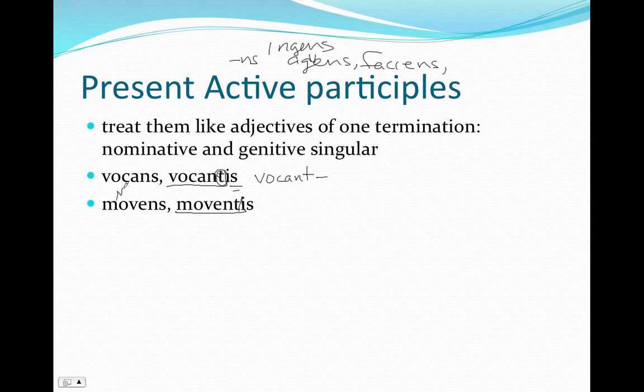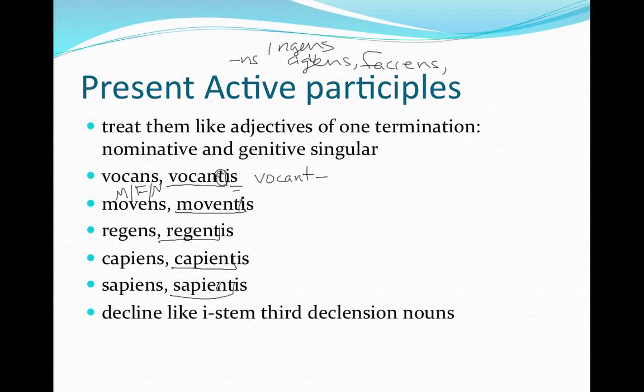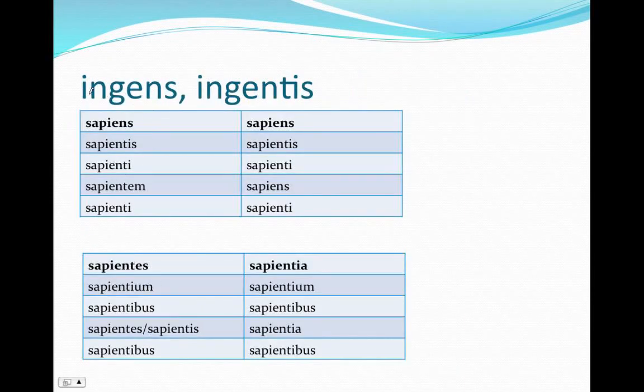And this moens, this is masculine, feminine, or neuter, right? Because it's just like an adjective of one termination. Regens, regentis, ruling. Our stem regent. Capiens, capientis, seizing. Stem capient. Sapiens, sapientis, knowing or wise. Stem sapient. And once you have that stem, we're going to decline it just like an I stem. So let's take a look at sapiens, sapientis,